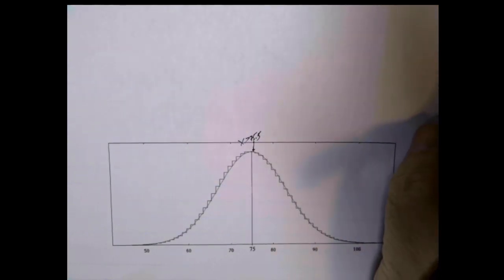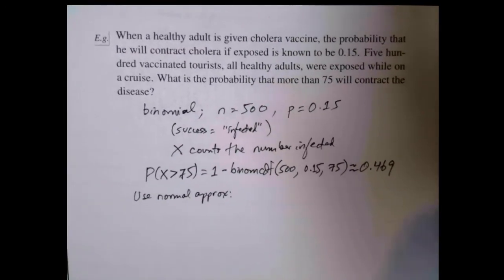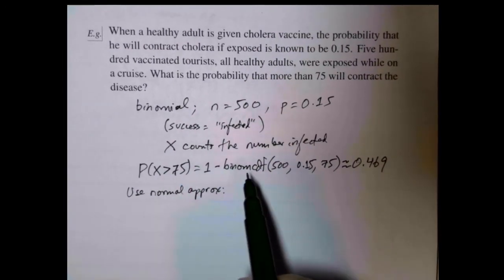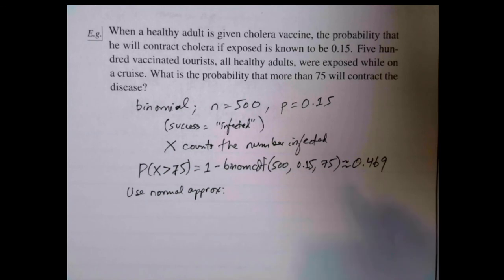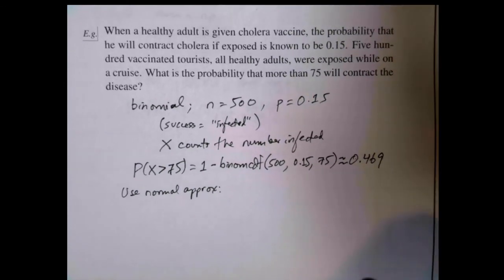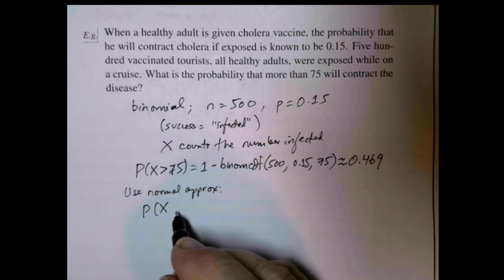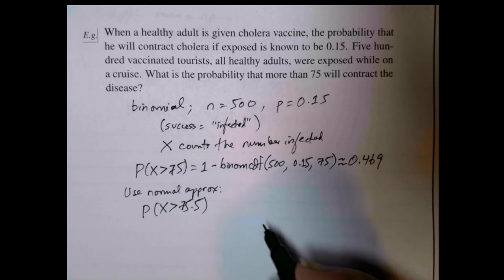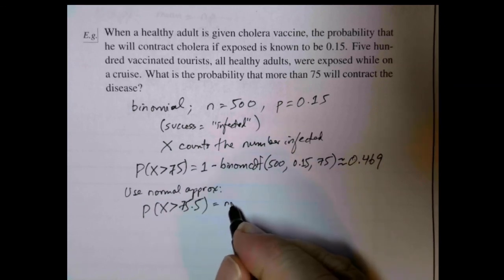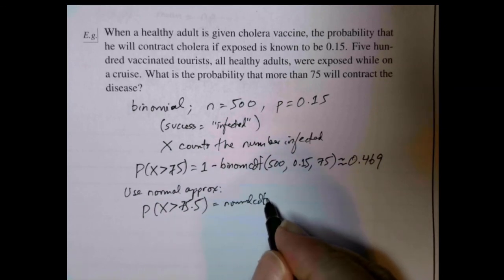That is to compute the probability that x is greater than 75.5 when we're trying to approximate the probability that more than 75 people end up with cholera. So the approximation we would use would be x is greater than 75.5, which of course would be normal CDF of